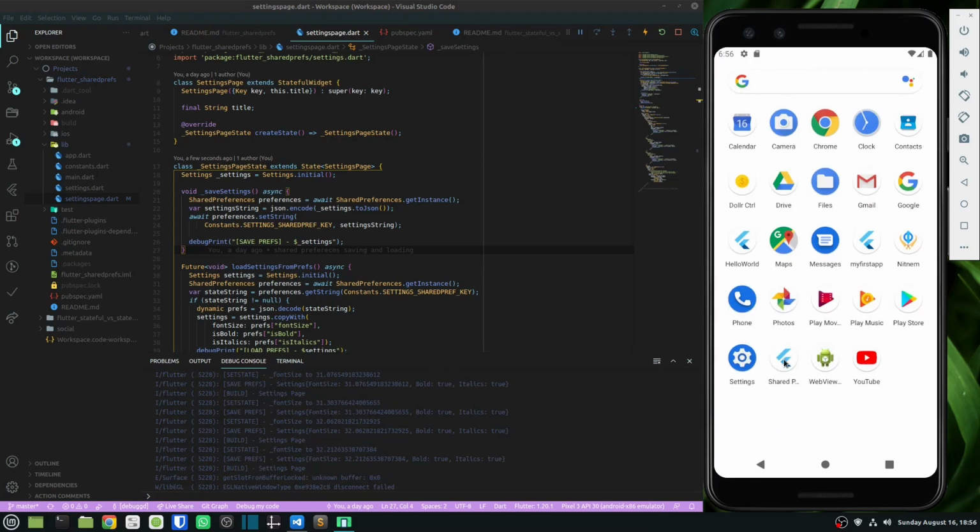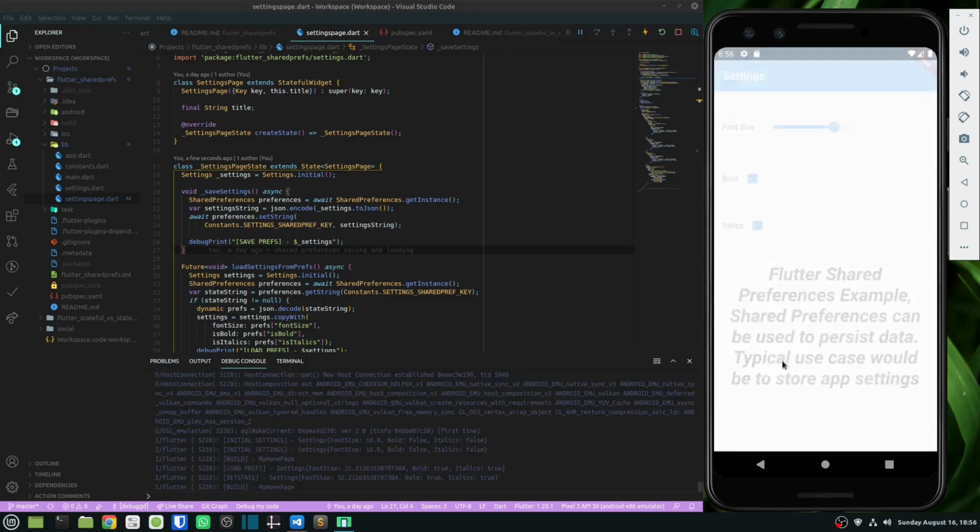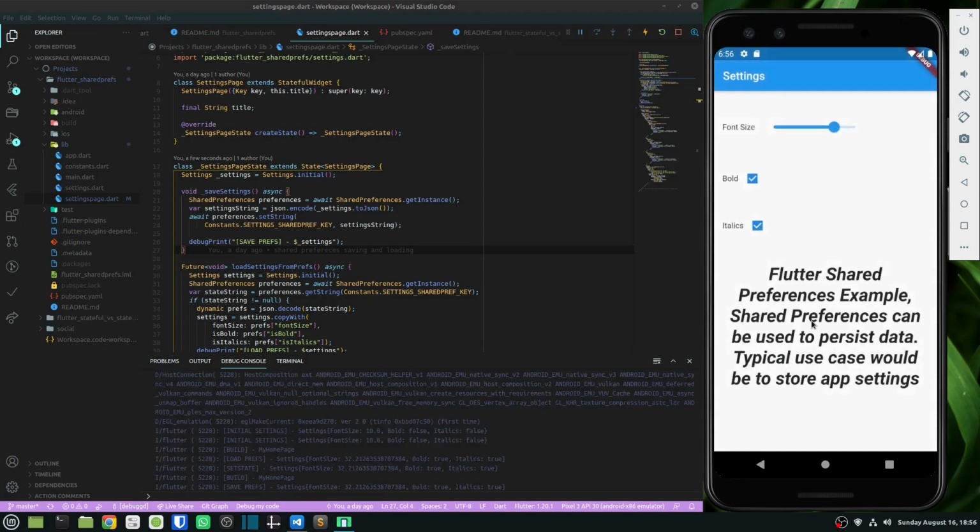This is the application, shared preferences. And when I launch the application, you will actually see that initially it sets the settings to a particular value, but then in my init state, when the build function happens, it loads the preferences using shared preferences, and then it calls the set state method to apply those settings and update the UI.